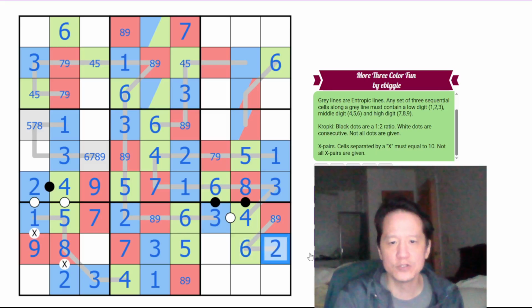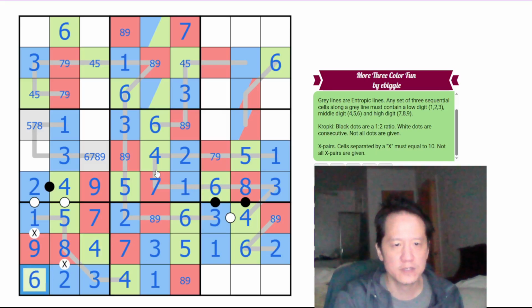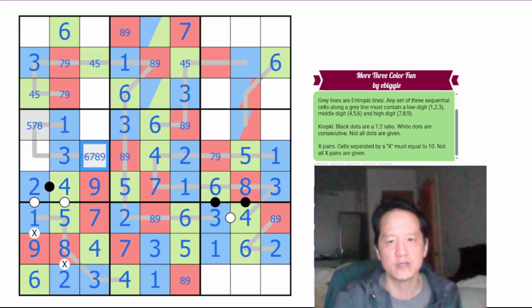This has to be 2, because it's the only low left. The remaining digits are 1 and 4, but this can't be 4, so this is 1, which makes that 4. So this is a low, this is medium, and this is medium, and this has to be 6. So 6 cannot be here or here. Where's the 6 in this box? It has to be here. So this is 6,